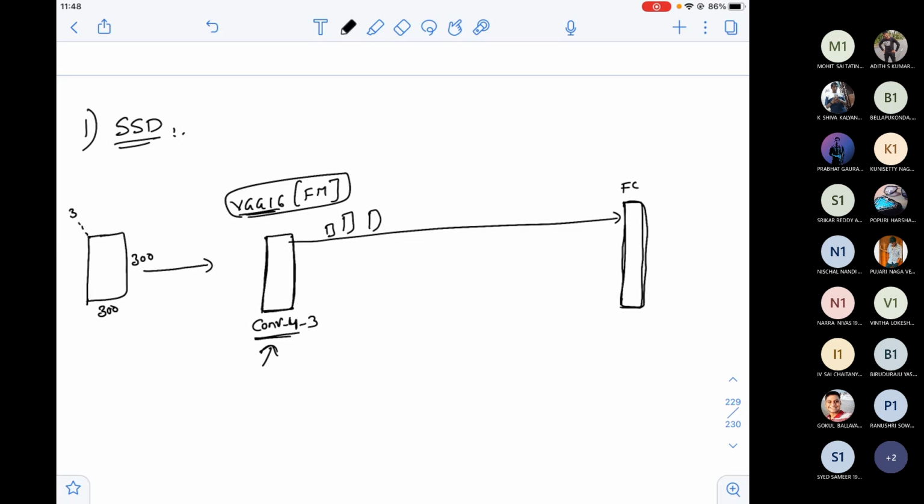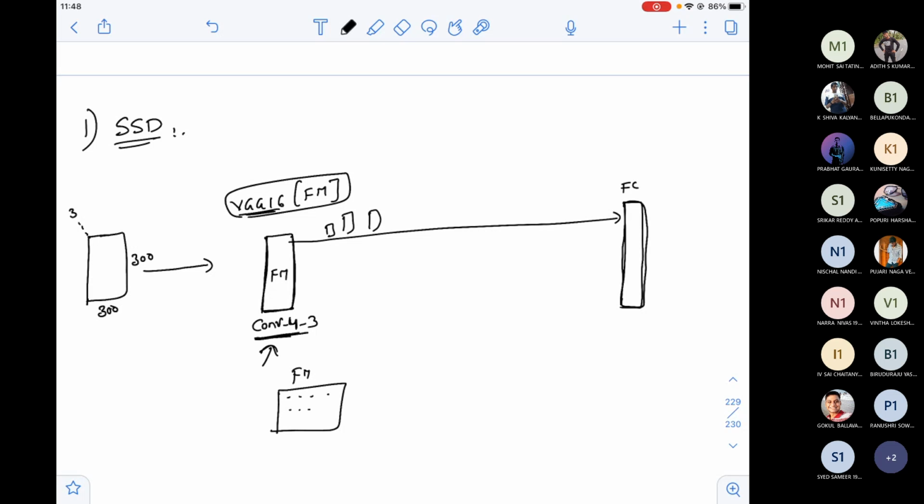How do I get the boxes on top of it? Actually, the convolution layer output is an intermediate feature map. This is not the final feature map. So this feature map, I'm just drawing in a more elaborate way. In this feature map you'll have multiple pixels.